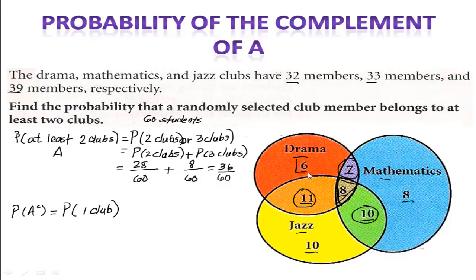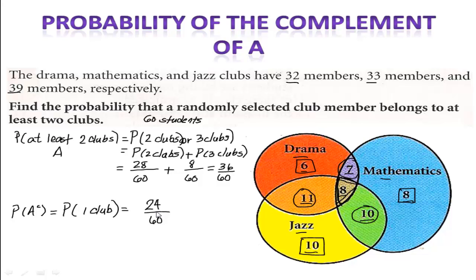There are 6 students that belong just to the drama club, 8 students that belong just to the math club, and 10 students that belong to just the jazz club. So the probability that they belong to just 1 club out of 60 students would be 10 plus 6, which is 16, plus 8, which is 24 students out of 60. Now remember,